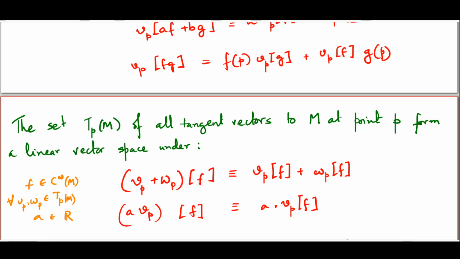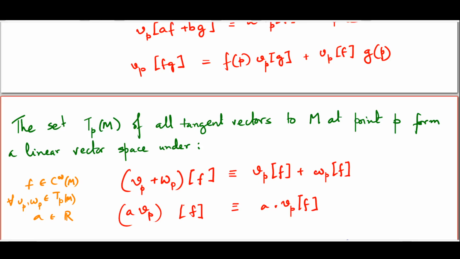Of course, in order to do so, you need to define what you mean by addition of two elements of TPM and multiplication of an element of TPM by a scalar. And the definition here is a simple, obvious definition. Vp plus Wp acting on f is defined to be Vp f, which is a number, added to Wp f, another number. Similarly, aVp, this new tangent vector acting on f, would give you a times Vp acting on f,